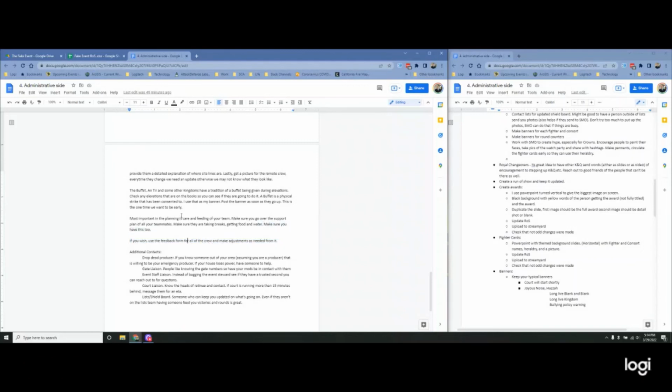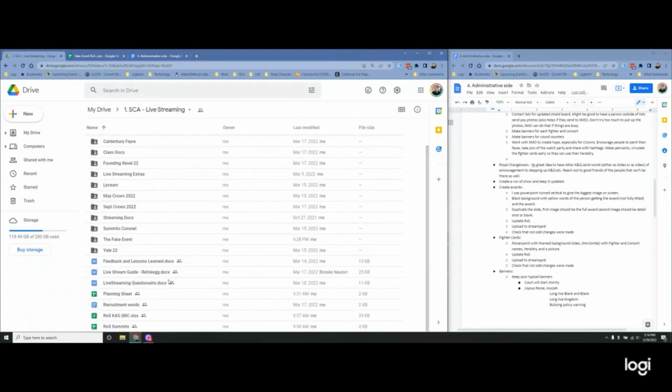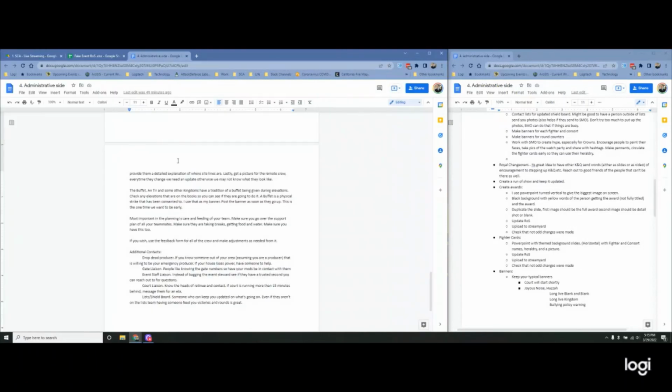So I do have a feedback form. That does not always get put into the events. It's usually just right here. I will actually download and send this over Messenger, so I'm not sharing a link that everyone's going to change, because I want this information to be sent back to me privately. If we discover that the on-site operator was literally falling asleep at the switch and refused to do anything, we need to know that information so that we can plan for it and keep them off of there. And I don't want anyone to feel bad about bringing that up in front of someone.